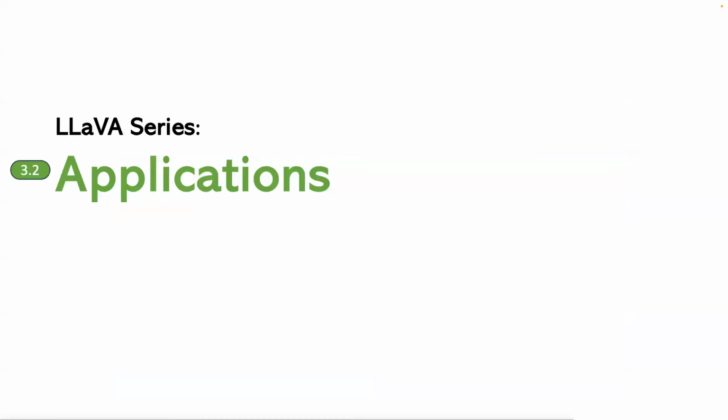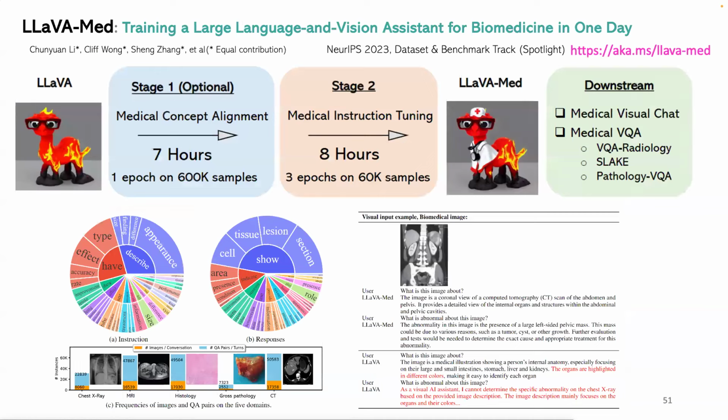Now we'll talk about applications of the LLaVA variants. The first one is LLaVA-Med, and it was actually built last May, after we built LLaVA 1.0 and LLaVA 1.5. So how can we actually convert the general domain LLaVA into domain-specific ones? And I think after a lot of experiments, the conclusion is